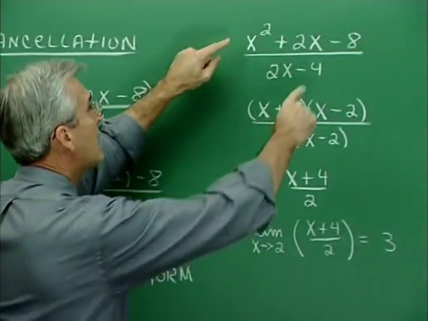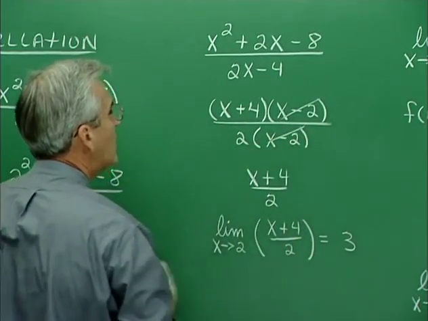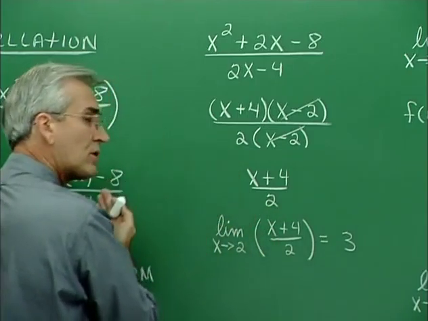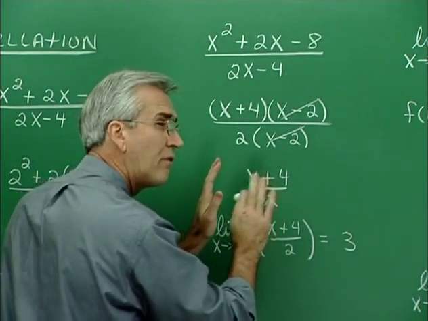In the numerator here, for the same expression, we have this factored form. In the denominator, this factored form. The x minus 2's go out. So we have x plus 4 over 2. And now to find the limit of the original function, we can just take the limit of this form of